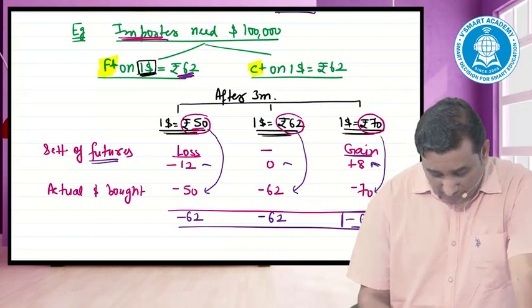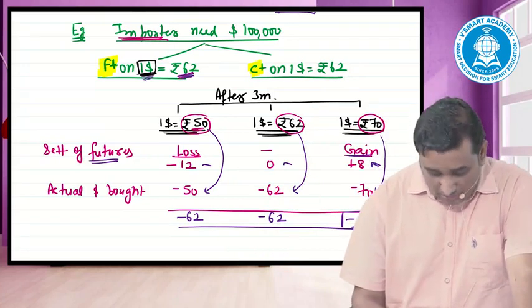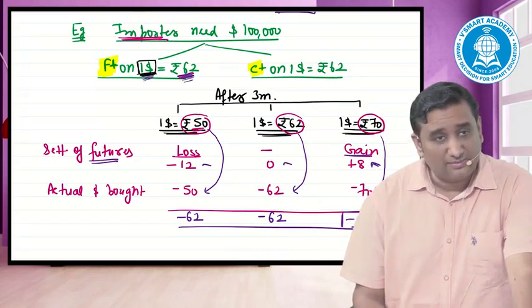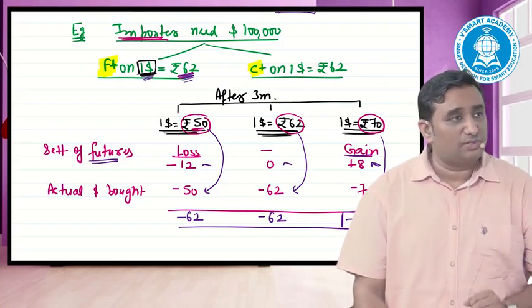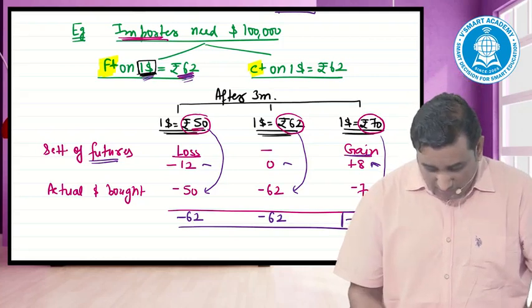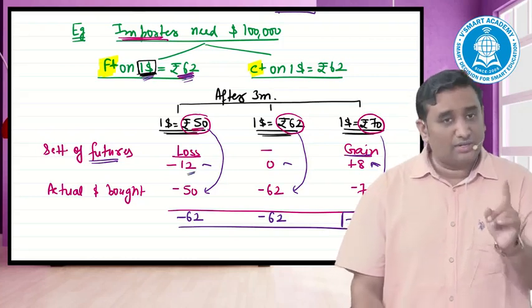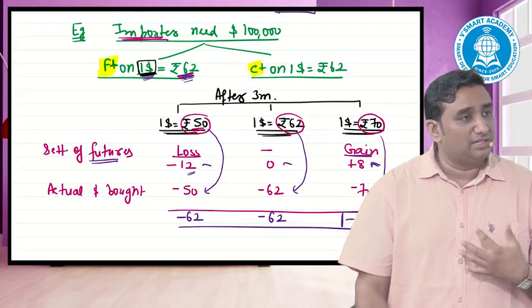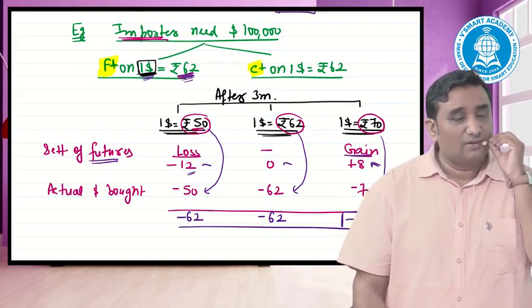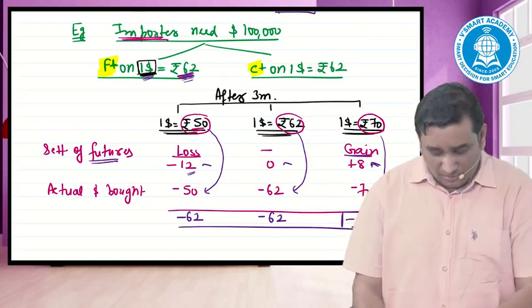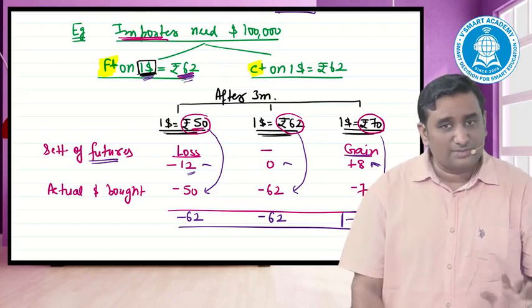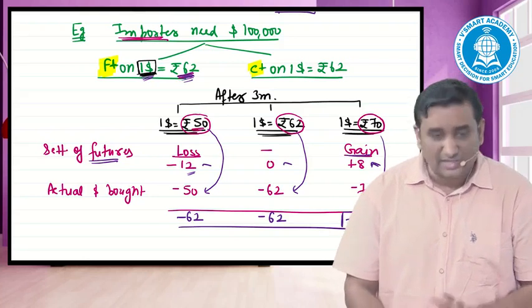Understand the objective of the derivatives. Derivative objective is whatever rate you freeze in the futures, your costing will freeze at that. Futures market made sure that if the rate increases beyond 62, I would compensate you. If the rate is below that, then whatever is the amount difference you pay me, your net costing would be 62. That means the person or a trader or an importer, he knows his maximum cost will come at 62. I'm ignoring the margin and etc. That concepts I'm ignoring here. That means your cost has freezed at 62.